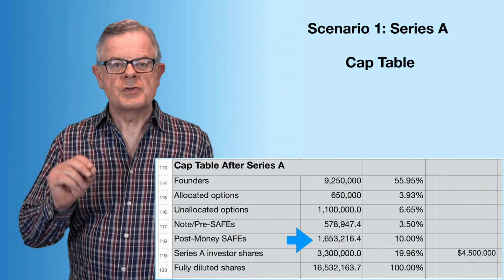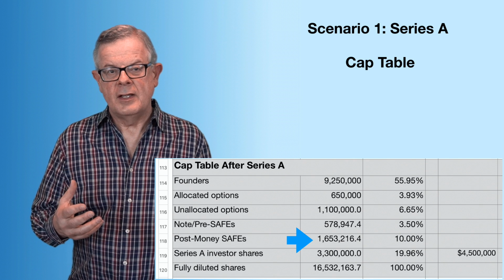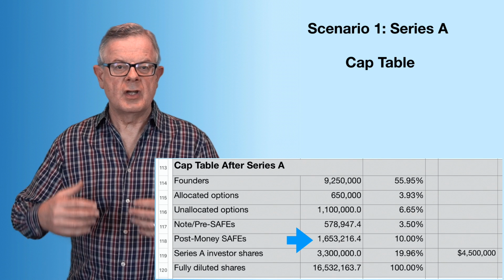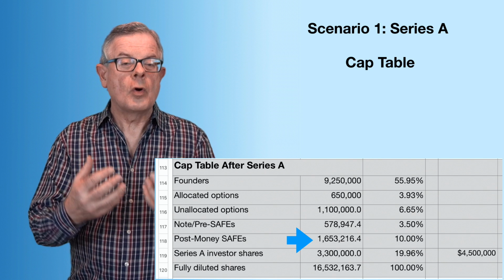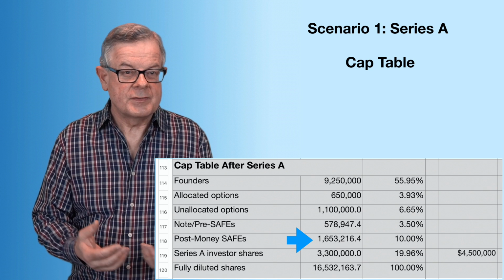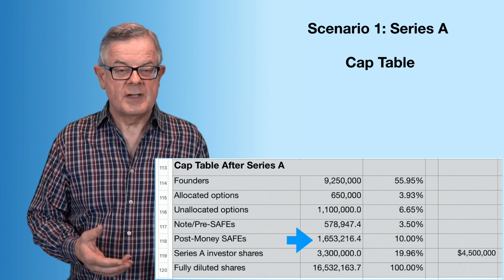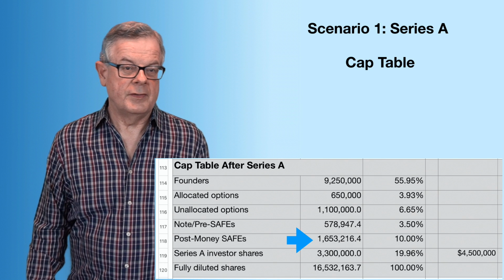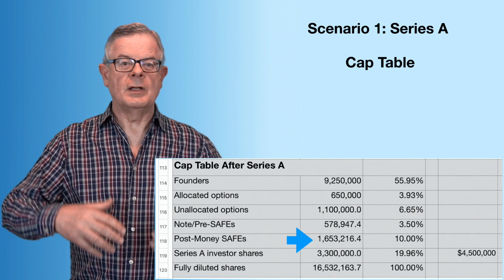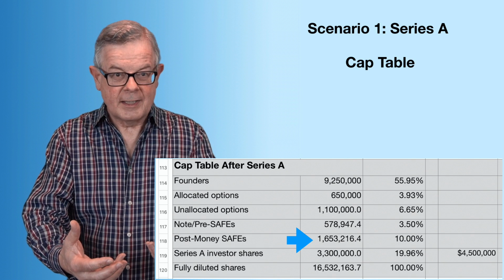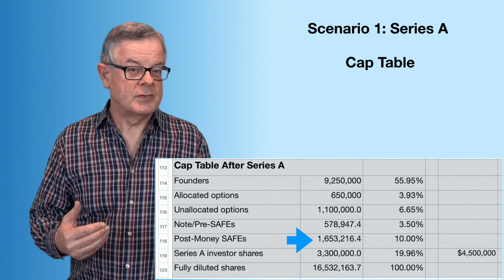Now, that is true because in this case, what we did was we had the post-money SAFEs convert after the price was set that incorporated the additional options that the Series A investors were requiring. So in other words, the post-money SAFE investors really did get the same deal that the Series A investors got. They didn't invest until after those diluting options were issued, and that diluted the founders, but not the post-money SAFE